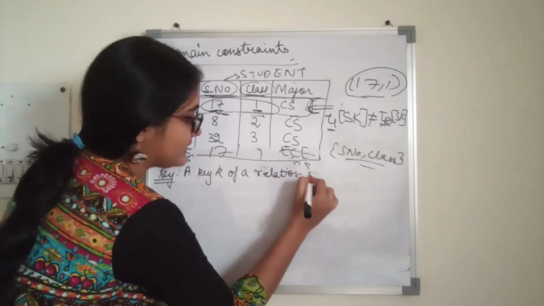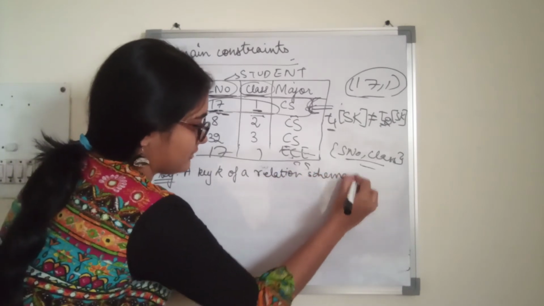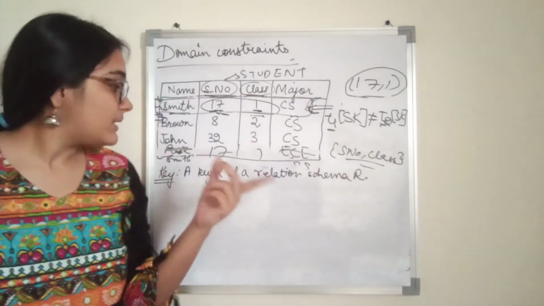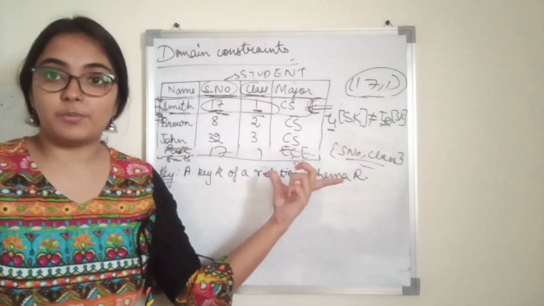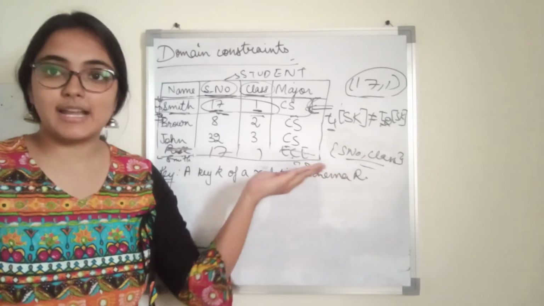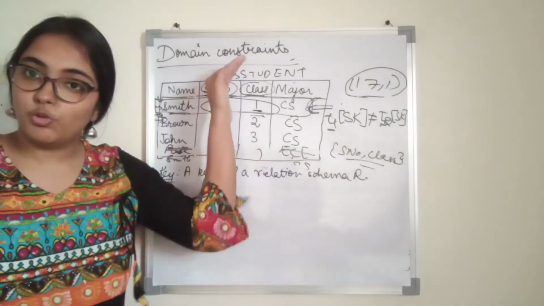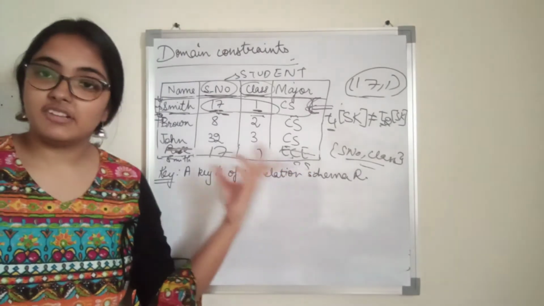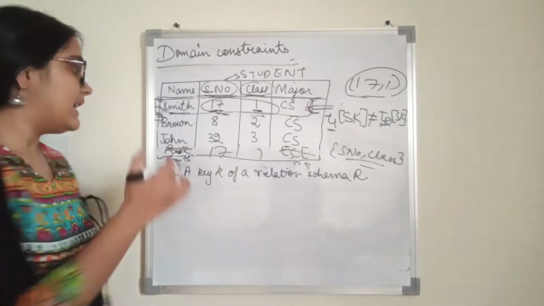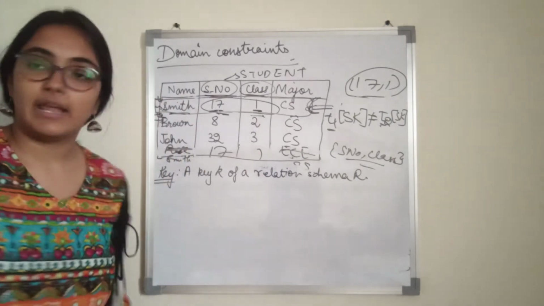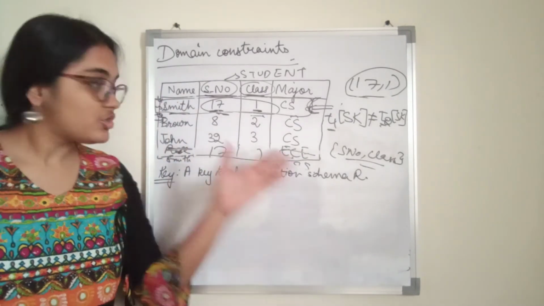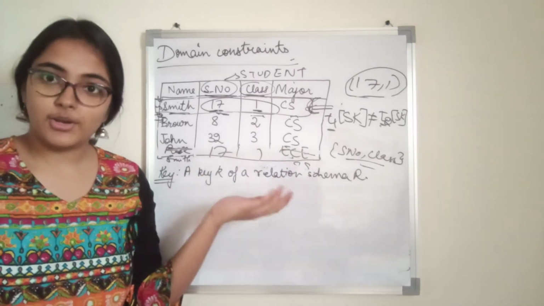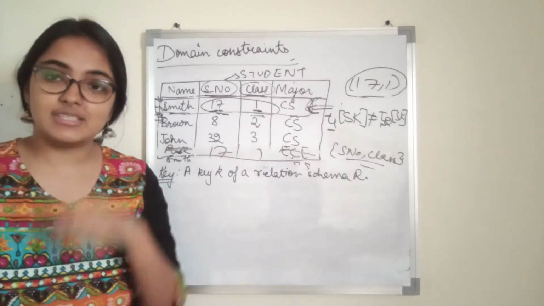Okay, so why am I saying relation schema and not relation? Because relation can also mean relation state, right? But the key or a super key is a property of the relation schema. What that means is, even if I add more tuples in the relation, this property will not change. Let us say at this particular point of time this property is holding, but it should not happen that if I add more tuples this property is not followed. So it is a property of the relation schema as a whole.